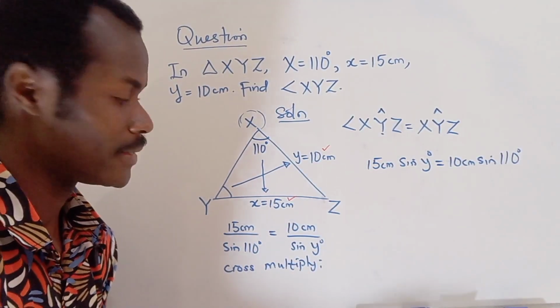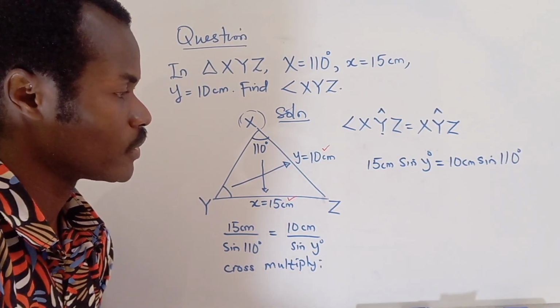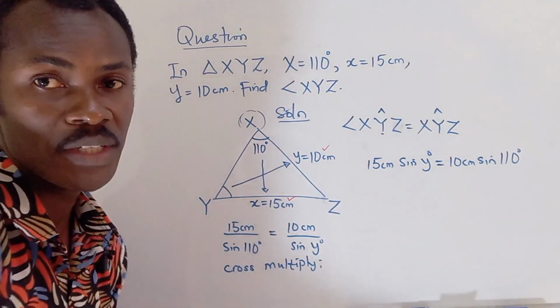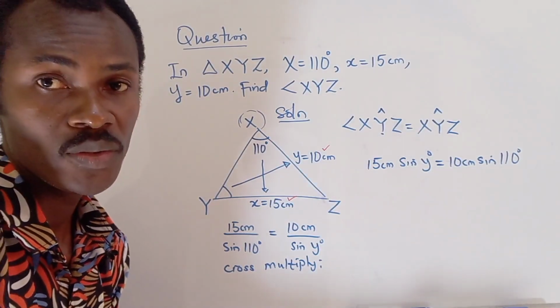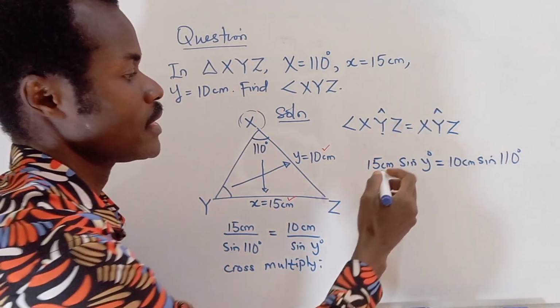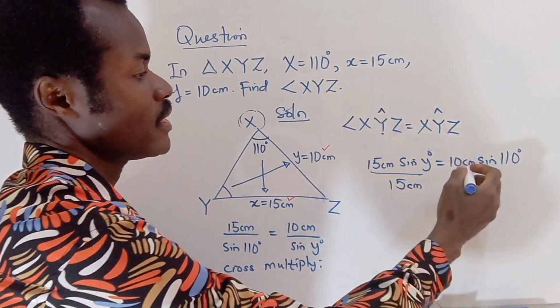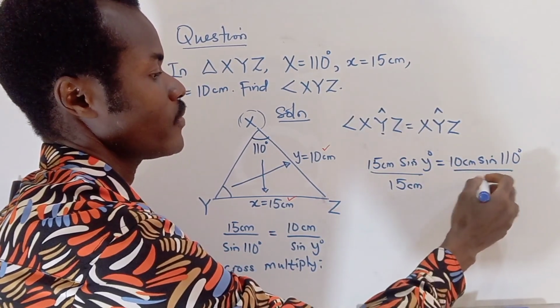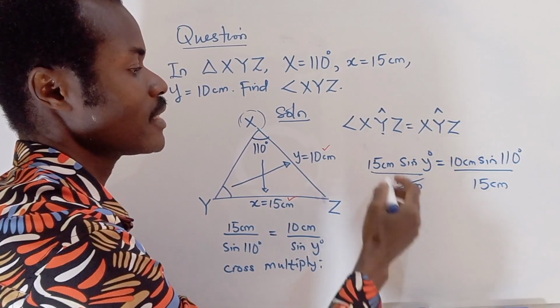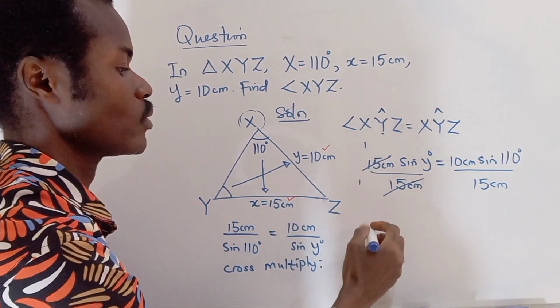Now that we have that, we can make sine y the subject. How do we do that? We are going to divide both sides by 15 centimeters. This cancels out, this is 1, so we are left with